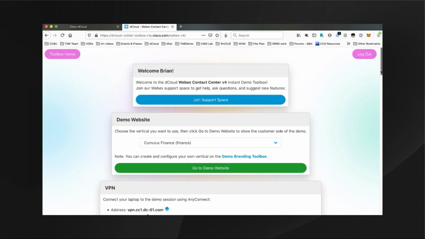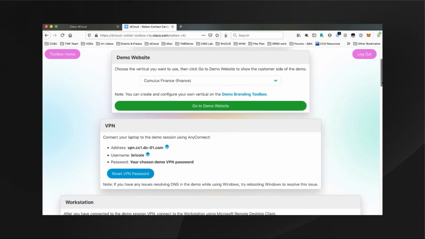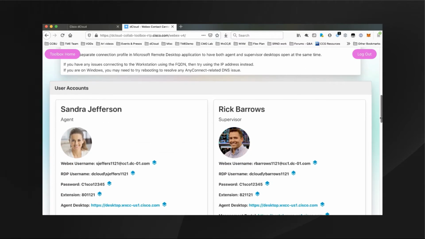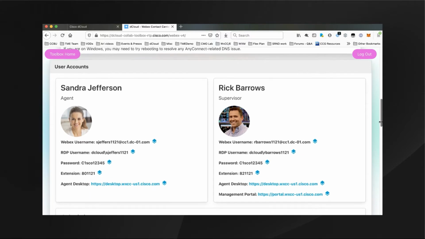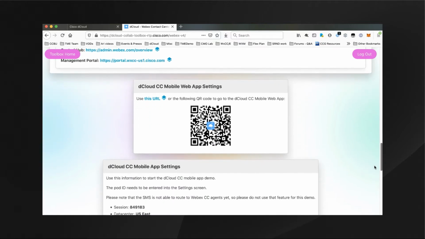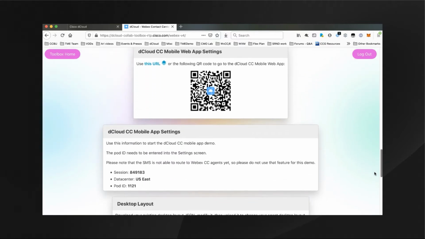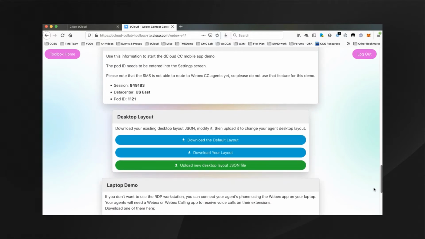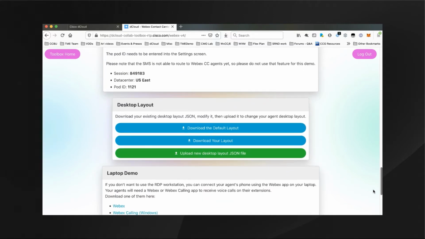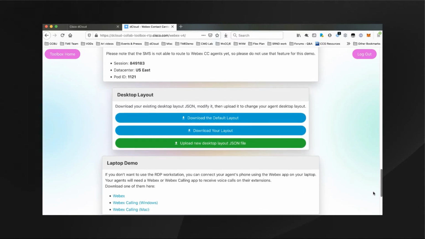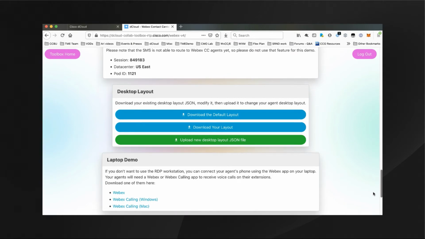Now, I've been in here before, so I've already gone ahead and provisioned my account, and you can see a lot of the account information specific to my dCloud profile provided right here, including our demonstration user personas for the agent and supervisor and administrator, a link to get a mobile app loaded onto my smartphone, information needed as I configure the mobile app, and also locations here for me to customize Webex Contact Center desktop layouts